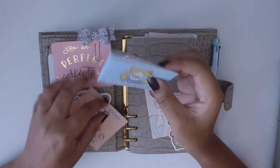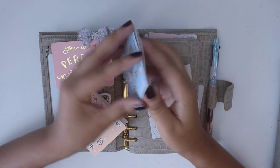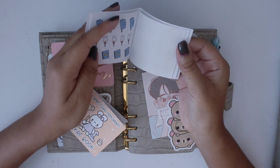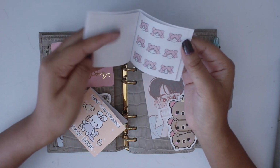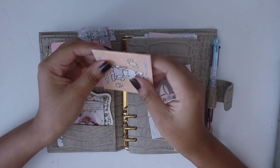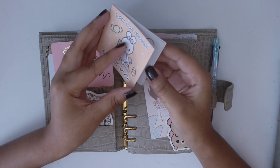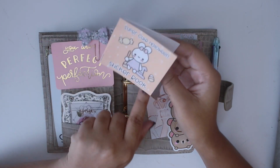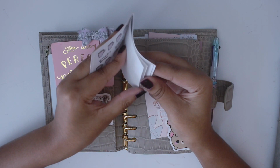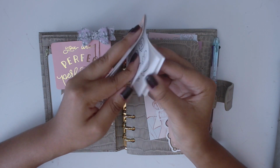So then I have sticker books from my shop. I'm going to flip this around because this was a mess up. That's why this one isn't in this planner properly. It's upside down. So this is my Sailor Moon book that I had, the Sailor Planner Girl school related one. And yeah, that one's in here. And then this one was also a mess up. You see the staple is not where it's supposed to be. And this is the one that's currently in my shop now. Tomorrow will be the last day that it's in there, but it's the Halloween book, and I absolutely love this book so much. I can't wait to use it. Just a few more weeks and I can use it, guys. I'm super